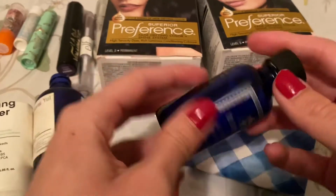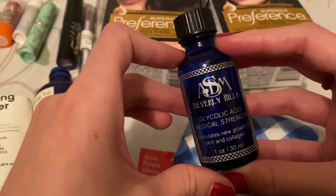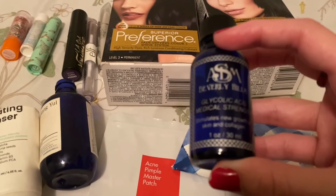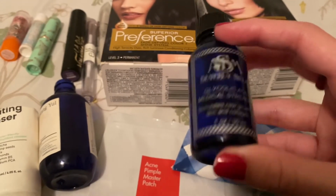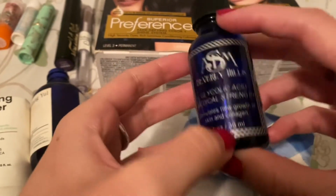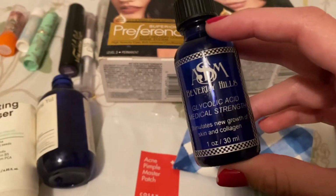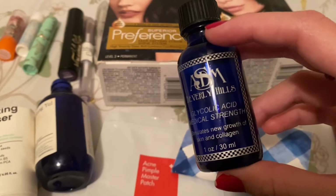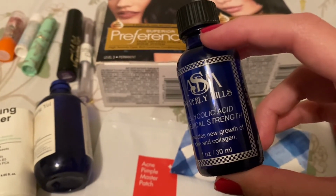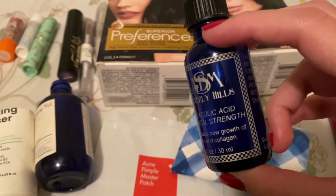And then I'm also decluttering this. I actually poured it out, but this was a glycolic acid, what's it called? Yeah, it was just a glycolic acid that you're supposed to wash off after a minute or 2, and this is like 50%, so it's pretty high. Bought this years ago, and you can only have it on your face for a minute, which is what the directions say,